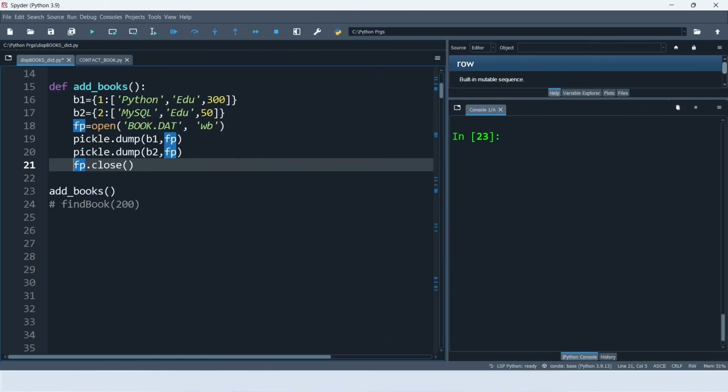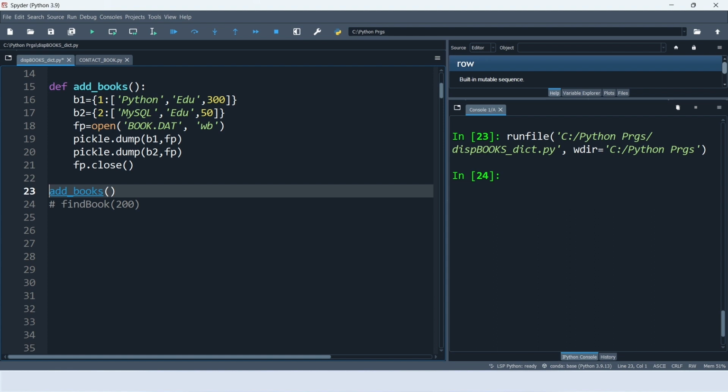To execute this code in the IDE, first we should write the code to write the content to the binary file. So here is the code. Let's run and check whether it is getting executed or not. We are not getting any error, which means the data got stored. Now let's comment it out. We will not be executing this code again.